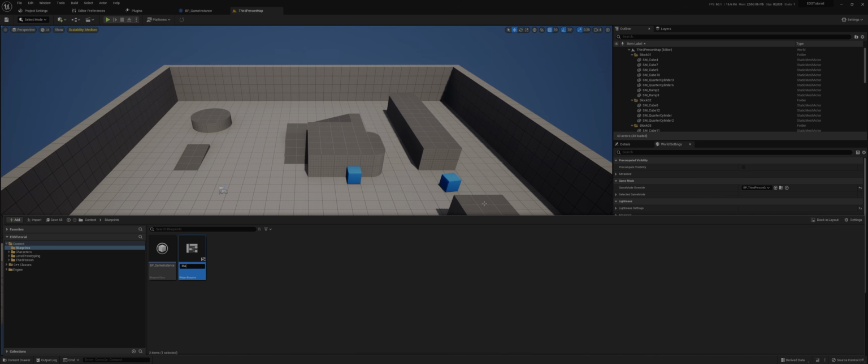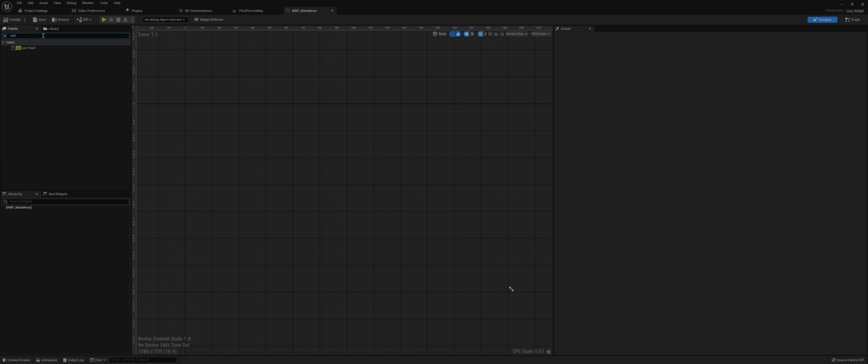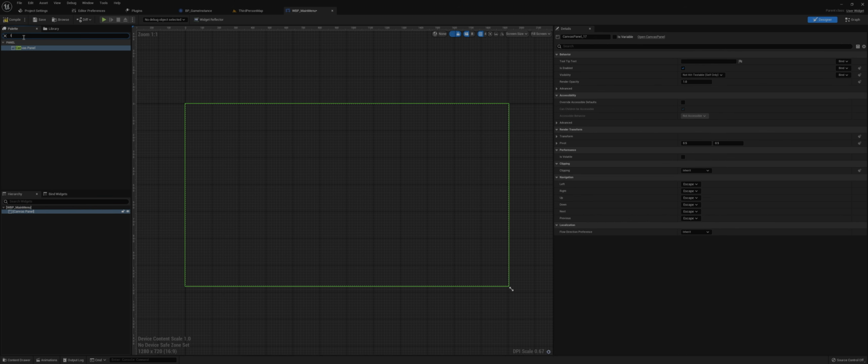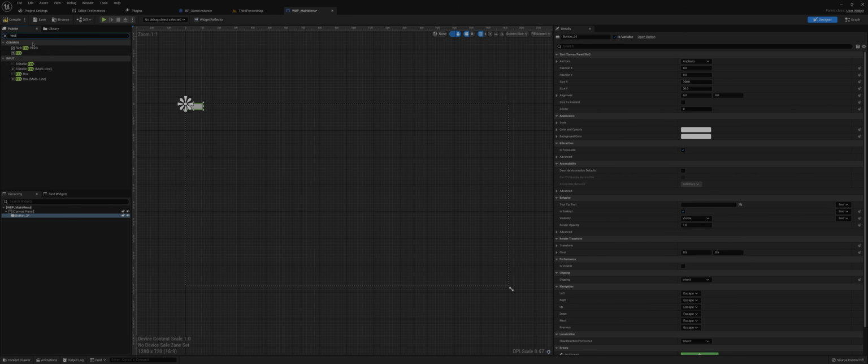Name this WPP main menu. Now I didn't give it like a login name, just because I will keep all the functions in one for now. And add a canvas panel, add a button with a text on it